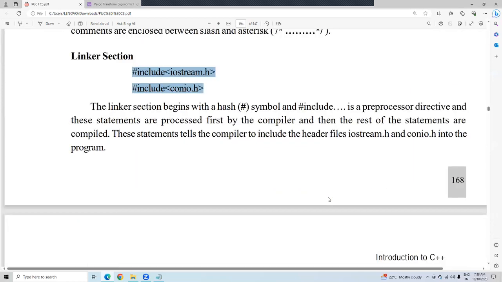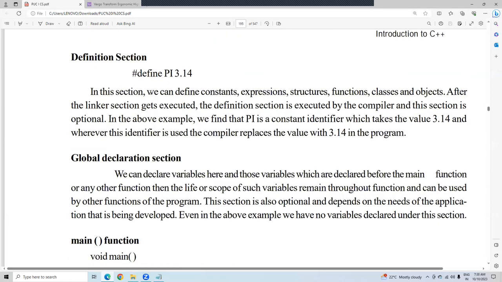If you are not including the header files, but you are using any of the functions present in them, then it's going to be an error. Before you use any command, first check in which file it is present. As per that rule, include that preprocessor directive. Then the definition section is used for defining the